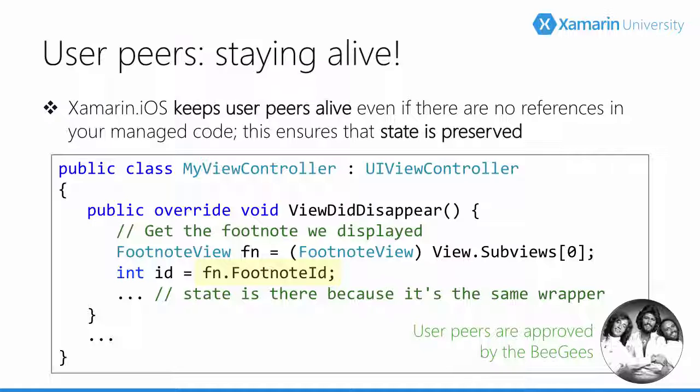If we collected the footnote view like we would a framework peer, then all of our managed state would be gone. But it won't be gone, because in this case, the system understands this is a custom type. It's not a type that's contained in the Xamarin iOS runtime. And by the way, that's exactly how it determines it. It says, what's the assembly that this type is contained in? And if it's not a known assembly to the Xamarin iOS runtime, then it's considered a user peer